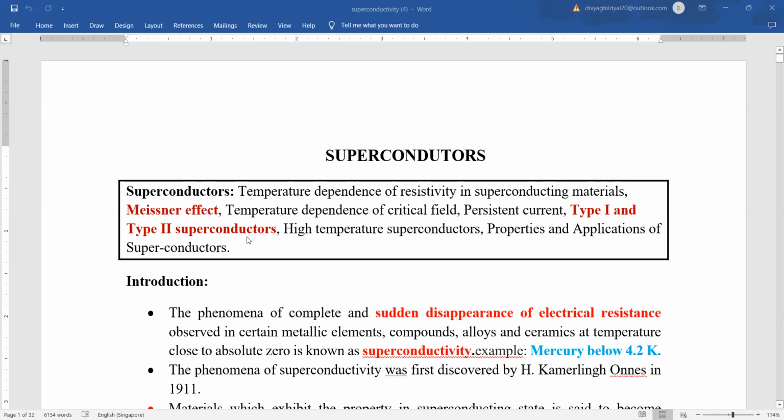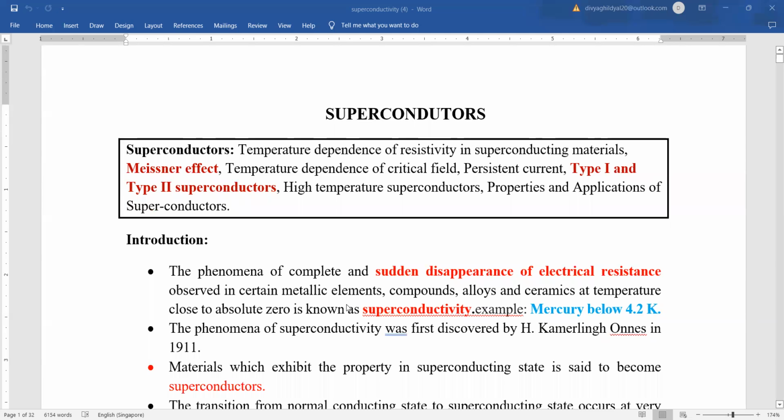Type 1 and type 2 superconductors, once again the most important part of your syllabus, fetching you a 10-mark question in section C. Properties of high temperature superconductors can be asked, or you can be asked to give a detailed description of the applications of superconductors. So let us begin. What do you mean by the word